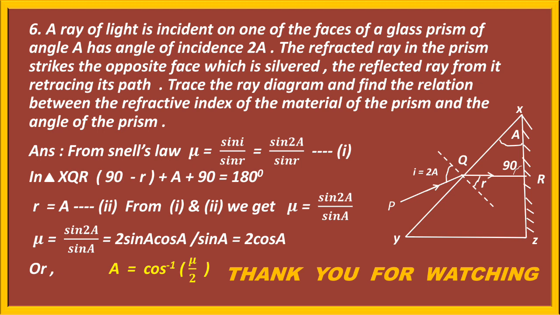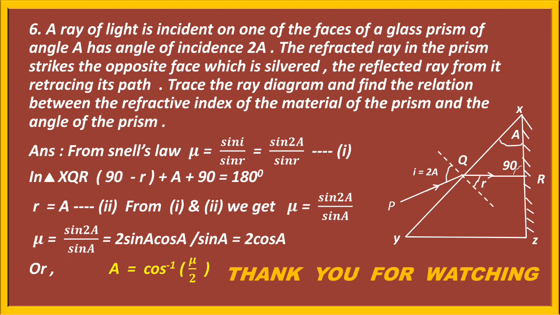Trace the ray diagram and find the relation between the refractive index of the material of the prism and the angle of the prism. So first of all, you go through the figure. You will find that angle of incidence I equal to 2a. Now we can write mu equal to sin I by sin r, which is sin 2a by sin r,